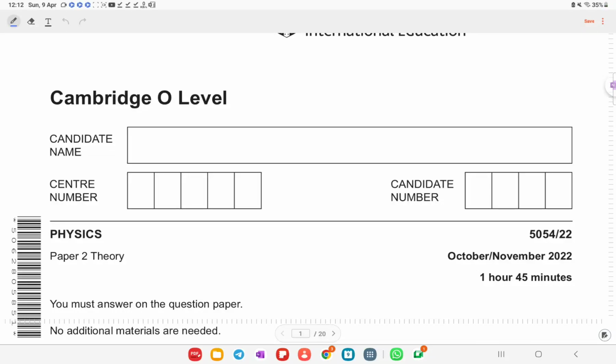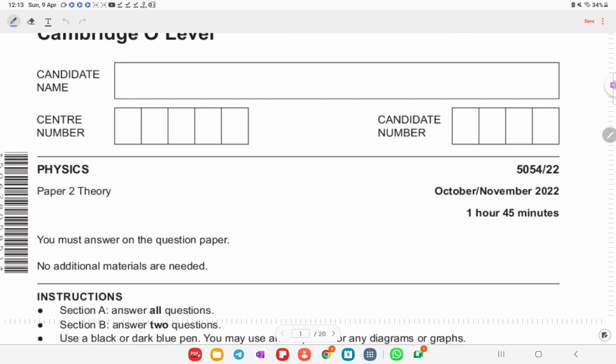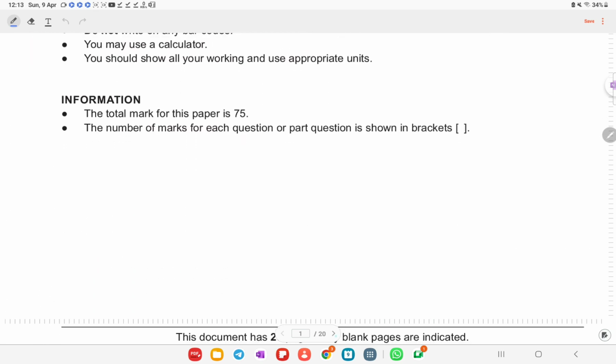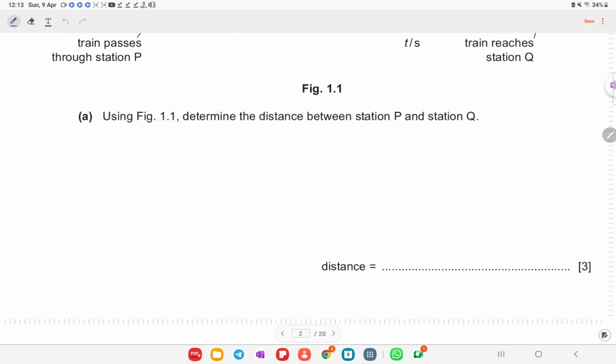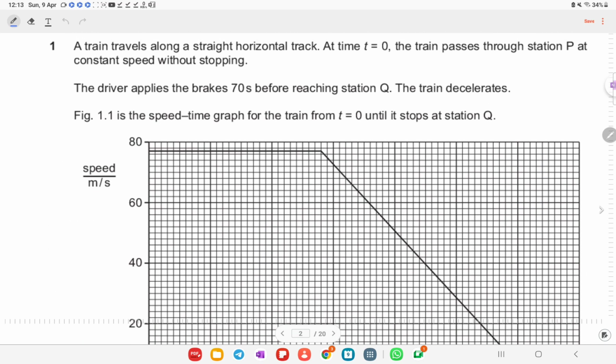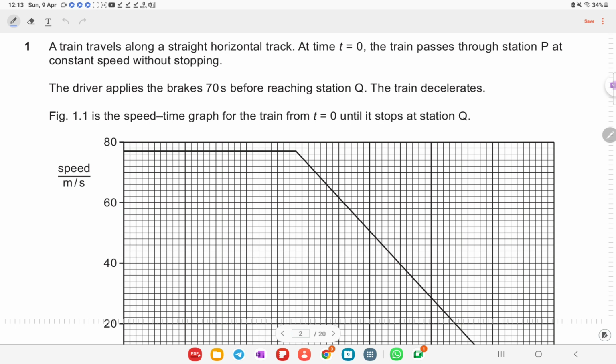Today we are going to solve a paper of physics, which is Cambridge O Level 5054/22. It's a paper from October November 2022 and a theory paper. So let's get started with this. Question number one states that a train travels along a straight horizontal track. At time t equals 0,